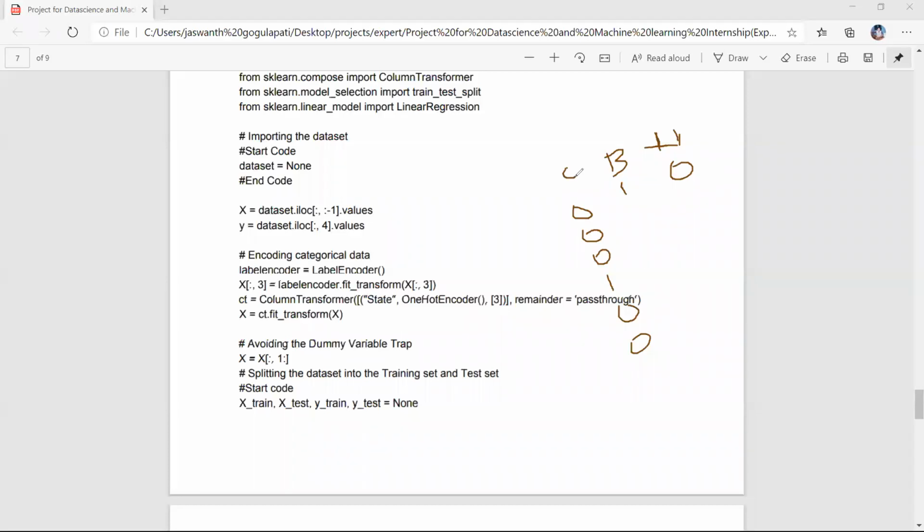Means in each row there will be a row for a company at one state. Suppose our Hebion technology is situated in Chennai and Bangalore. Means in each row we'll say about each office. So in the first we say about Bangalore, in the second we say about Hyderabad. Means each column says about only one state.